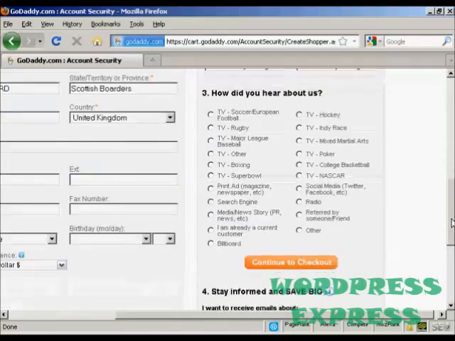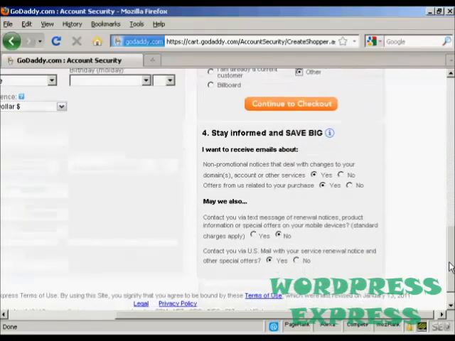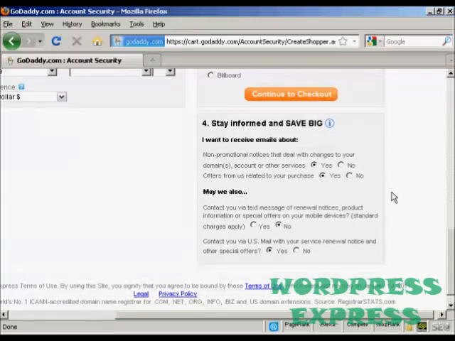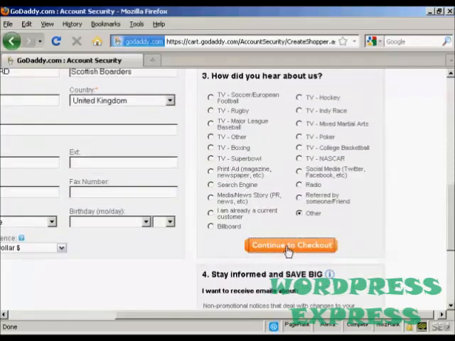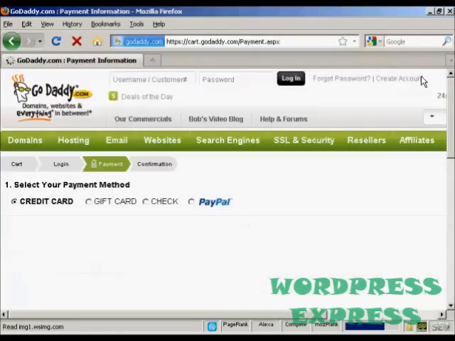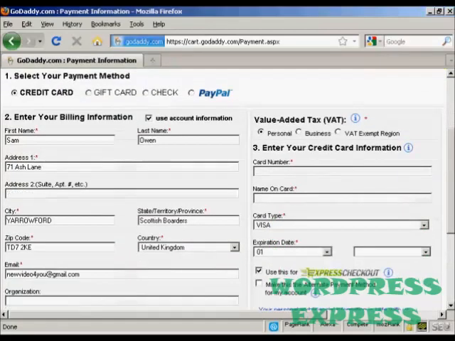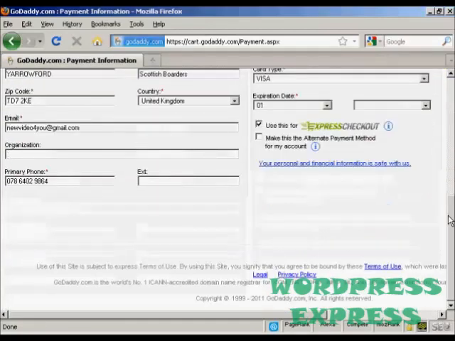And they want to know how they heard about them. I'm just going to click on Other. Also can select whether you want to receive email messages and so on. I'm going to leave it as it is and just go continue to checkout. And I don't want them to remember that, so we'll clear that. And then it takes me to the final page where I enter my credit card or PayPal information